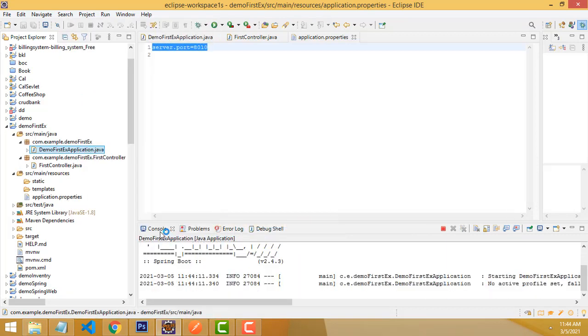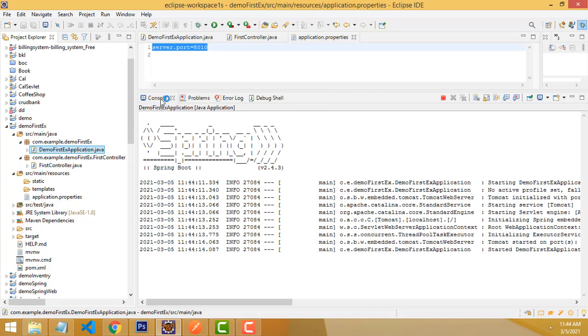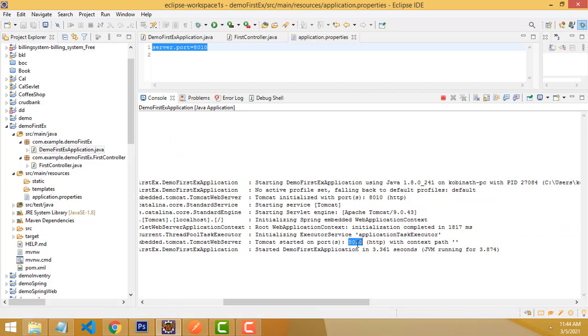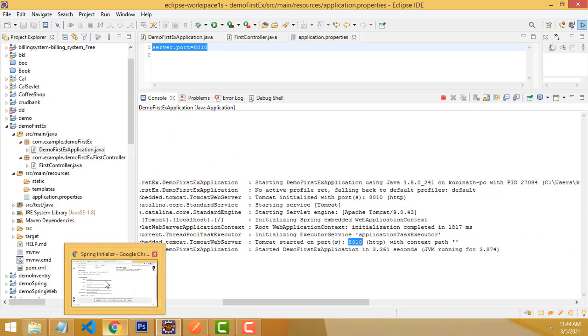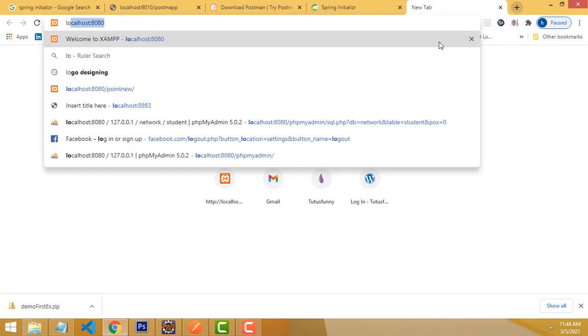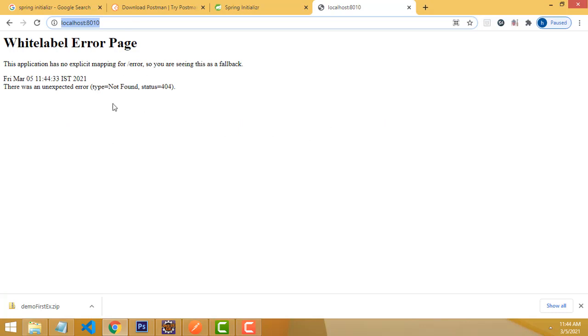You can look at the console to see whether it's working fine or not. There is no error, it is working, your port is connected here. Now you can run it in the browser, very simple. Go here, if you are running here, but it's not an error, the output is here.